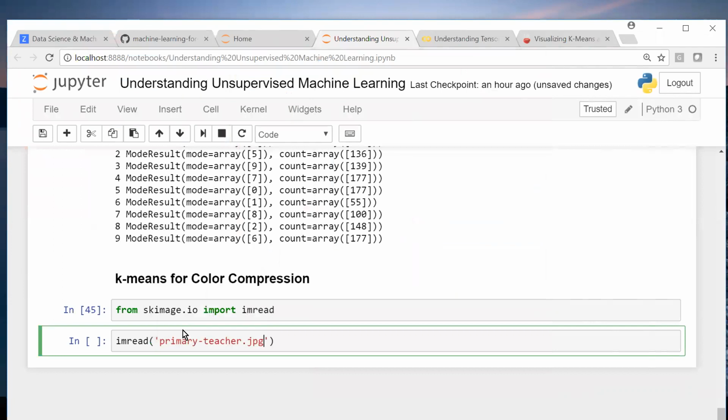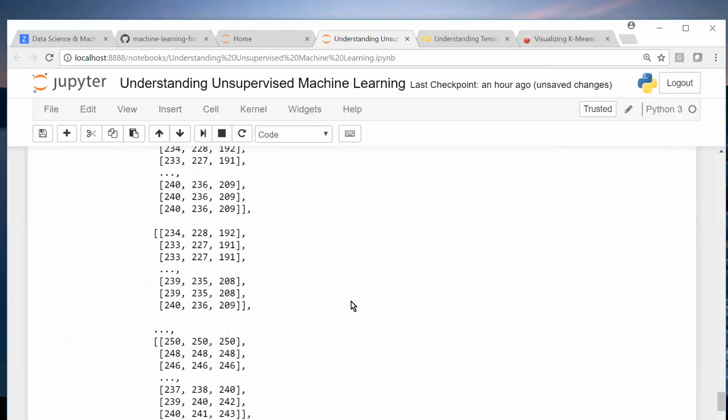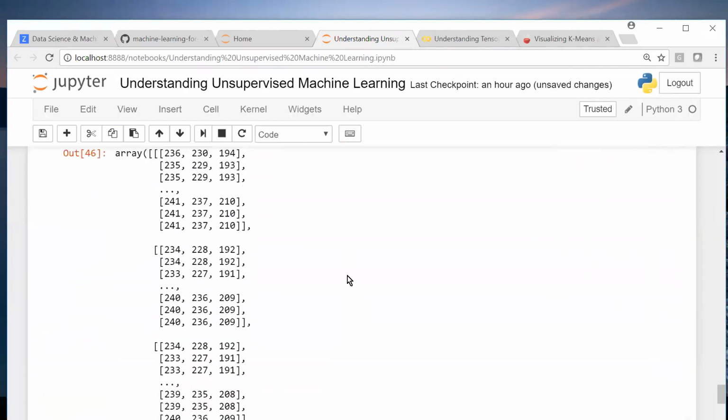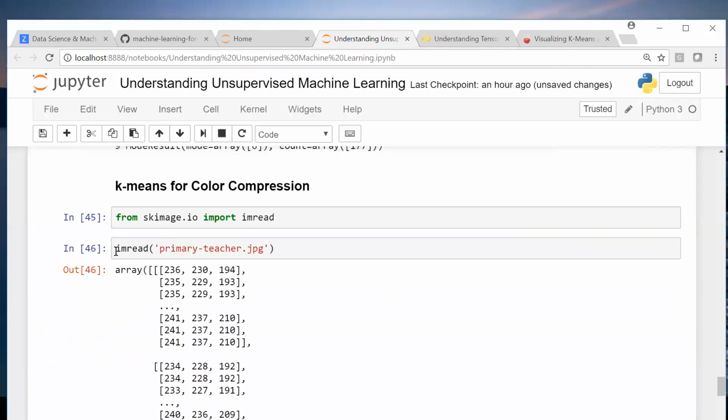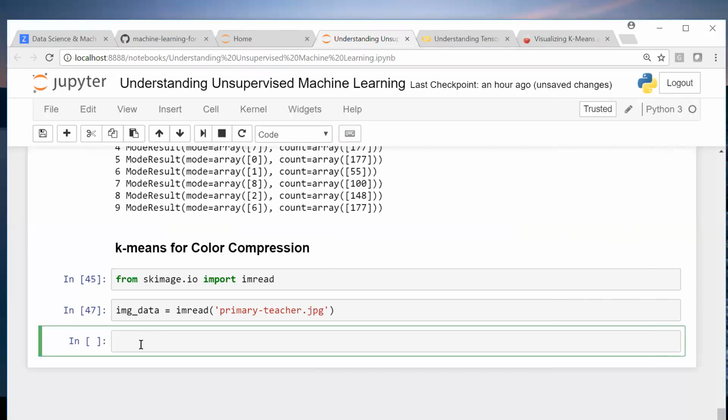Okay. So see how you do it. This is the content of it. Understood, right? So you want to see the shape of it, and you want to see the content of img.